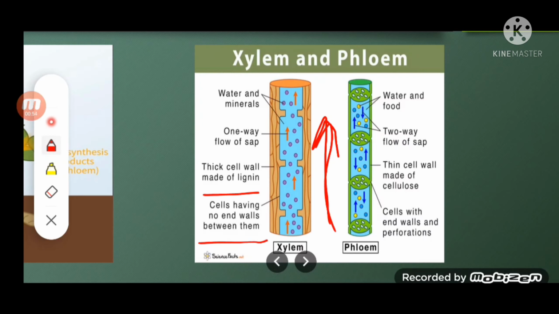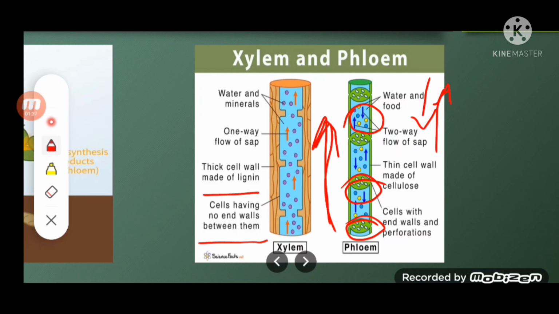Whereas the food which is transported by the phloem, where it is transported, either in growing parts or storage organs of the plants, will be bidirectional. Here you can see in the picture, it is bidirectional. Some of the food is coming down, and some of the food is conducted upper side in this sieve tube of the phloem tissue. So sieve tube, you can see here, they are provided with sieve plates. Even here also you can see. So it is always bidirectional, means it can come down or it can go up.